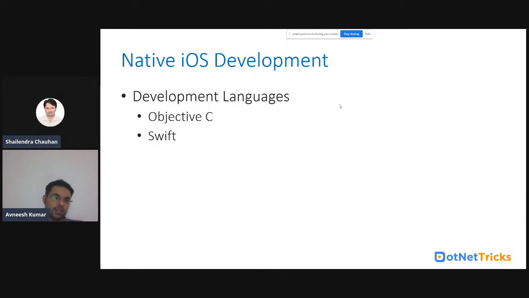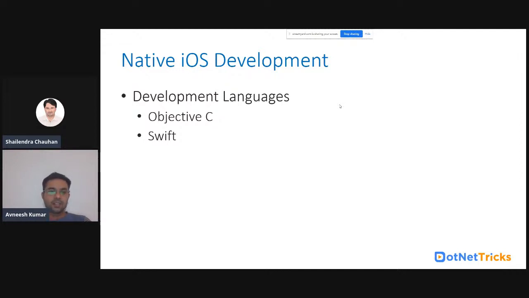Native iOS development. So in iOS, it is a pretty secured development, in the sense that they do not provide any kind of platform support for any other operating system.